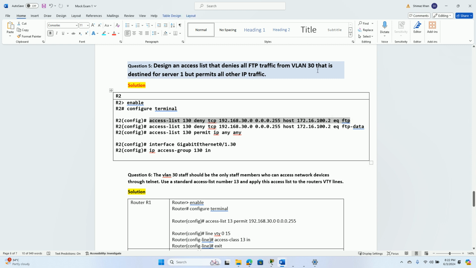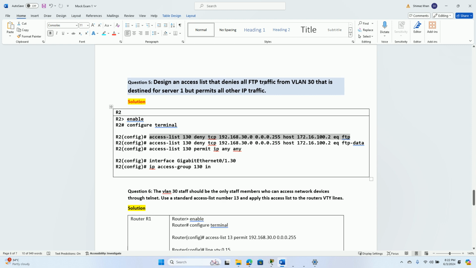They're asking us to create the access list. Design an access list that denies FTP traffic from VLAN 30 that is destined for server 1 but permits all other traffic. They did not give any name or any number, right? Then you can choose your own number. In case they are asking you to use some specific number, then you have to use that number. Anything between 100 to 199 you can use for an extended access list. So access list 130 deny